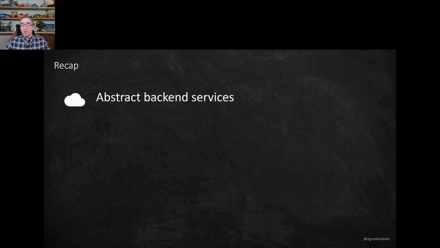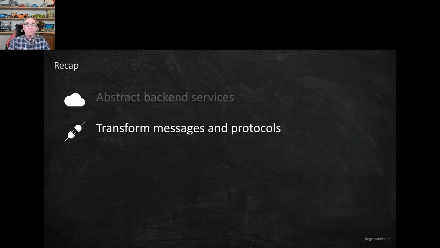So I do want to do a quick recap. First of all, API management is perfect if you want to abstract your backend services, which I think you should always do. Your consumers should never have to know about your backend. They should just have one entry point where they can come, have a single type of authentication, a single type of calling these APIs, a single endpoint, everything like that.